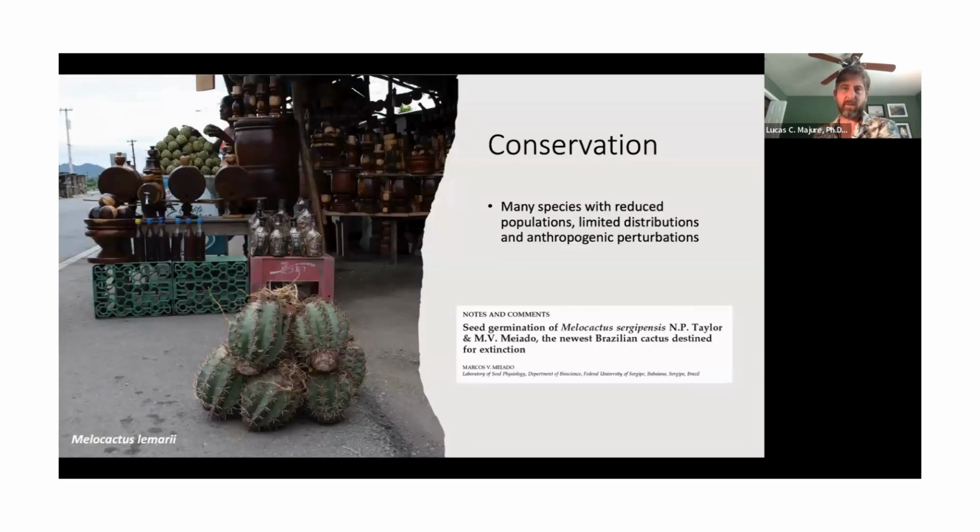There are a lot of species of Melocacti that are endangered. This is a pretty common sight that you see in certain parts of the Dominican Republic. People there think that Melocacti are really good for renal problems, so kidney problems, and they'll make teas out of them, drink the teas, and use them for other medical reasons as well, and there could be some reality to this. But there's a lot of extraction of these for these purposes, and over collecting as well. Habitat destruction is another one. So this is a group that's really important for us to learn more about so we can also understand how to conserve them, right?